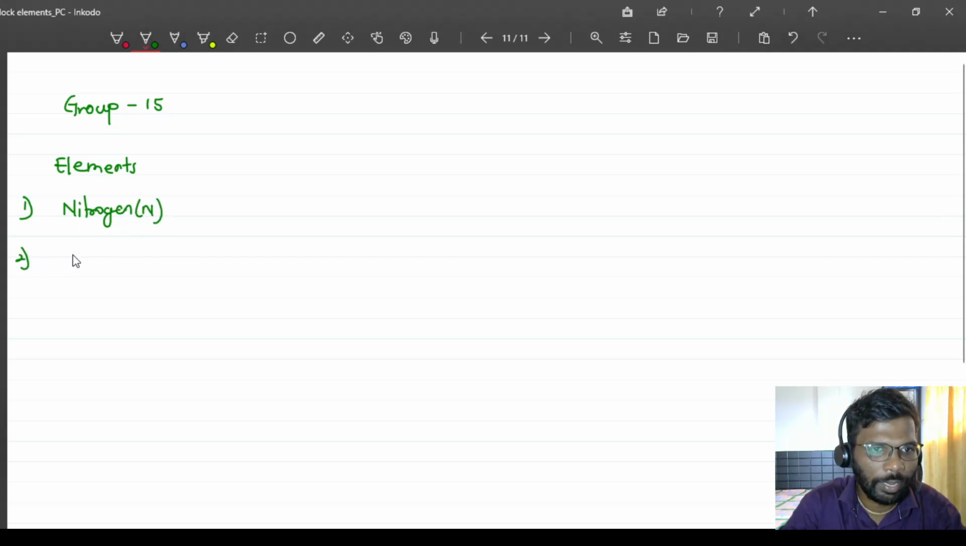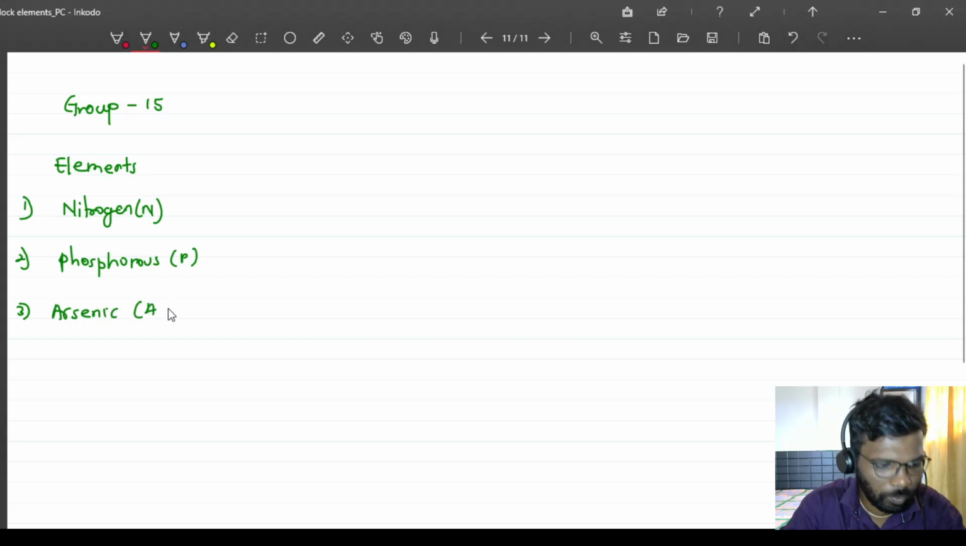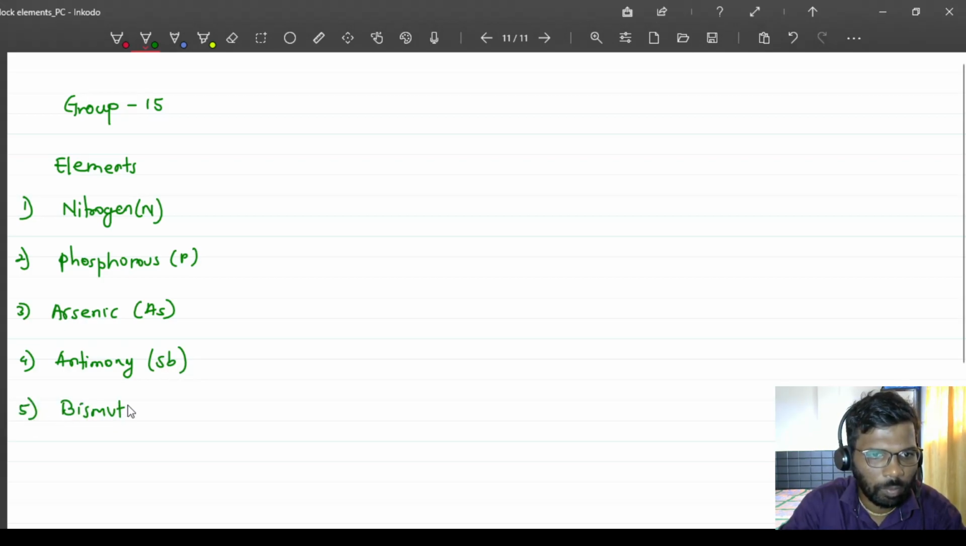Nitrogen. Second, phosphorus, arsenic, antimony, that is Sb, and fifth is bismuth, Bi. Now, nature. If I want to talk about the nature of these elements, whether they are metals or non-metals,